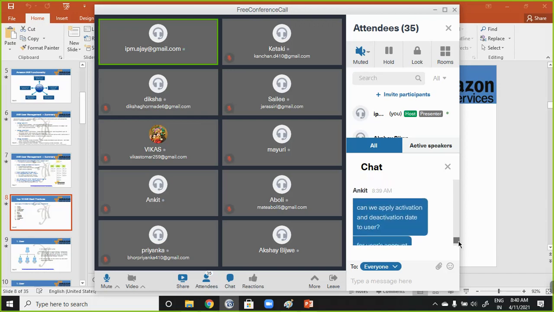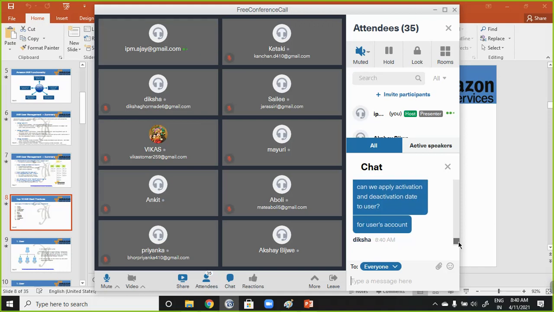Okay, can we apply an activation or deactivation date to a user? Activation deactivation date, no, there is no such feature. The password expiration you can set up, but there is no such date you can assign. Okay,